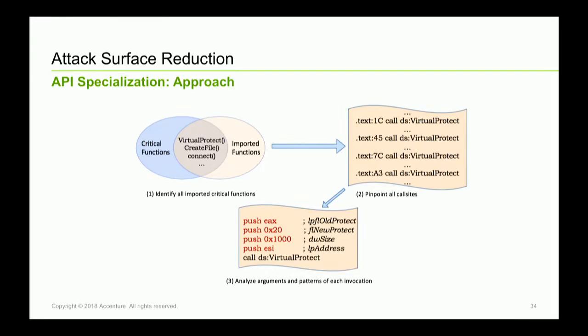We identify the call sites, and this is the argument, right? This is the ideal scenario. You have all the values that are pushed on the stack prior to invoking the API calls. Of course, many times it is not possible, and we can't infer a policy for specific functions. But every time we can infer these arguments, we're going to enforce it. And some of them will be determined at runtime, and that's fine, as long as we enforce part of these arguments that are called for this API call.